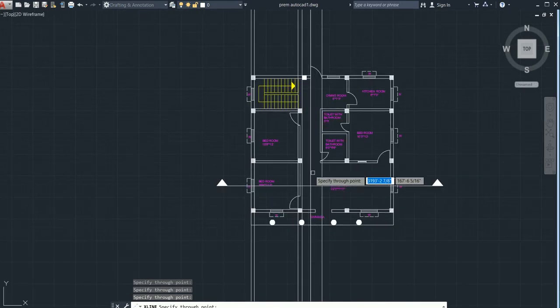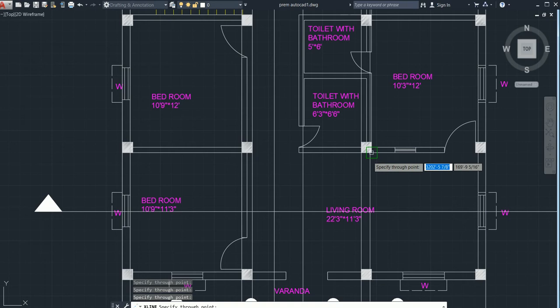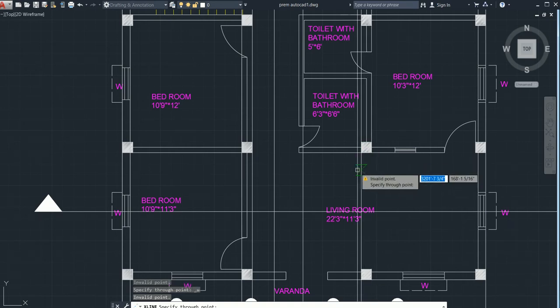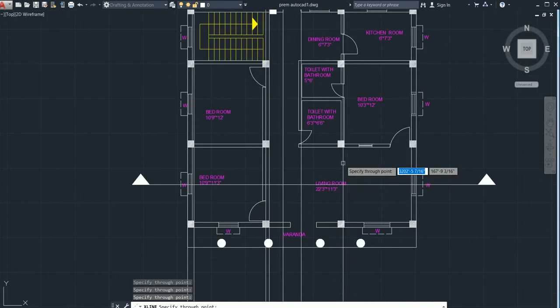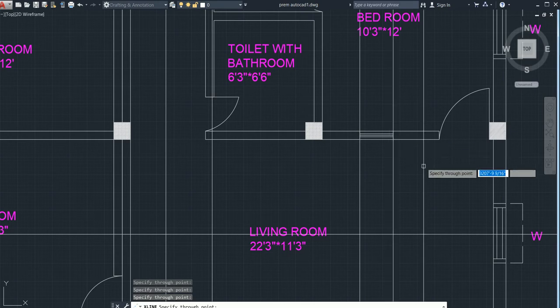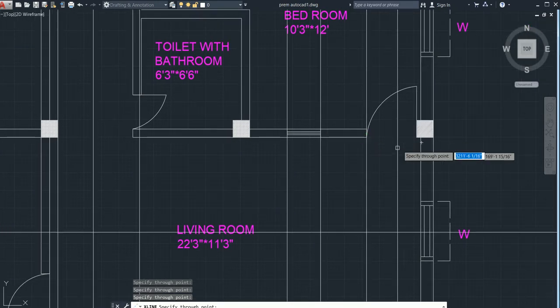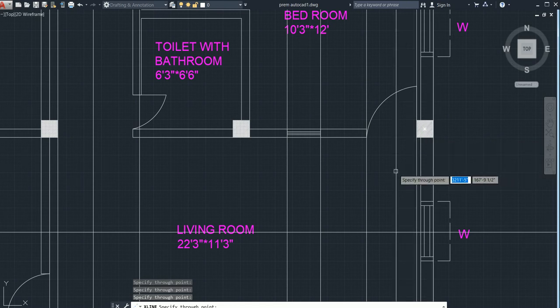And then this wall is not there, you can't see anything here. Skip it. What you see means there is nothing, you can't see anything, but this window you can see and this door you can see and this wall also you can see.